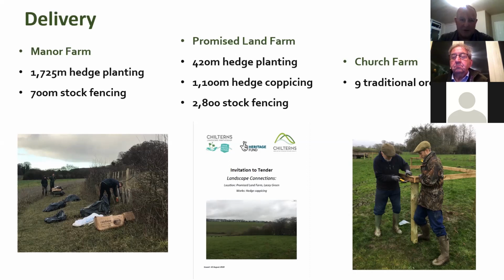So big numbers of metres of hedge going in, but equally seeing more now a lot of farms wanting to look, well, I've got a bit of an orchard left. It's not had much care. It needs a bit of rejuvenation. So last week we were out planting I think it was 7 Aylesbury prune and 2 greengage trees on Church Farm. So a wider range now of projects starting to come to the fore as farmers get further into this,